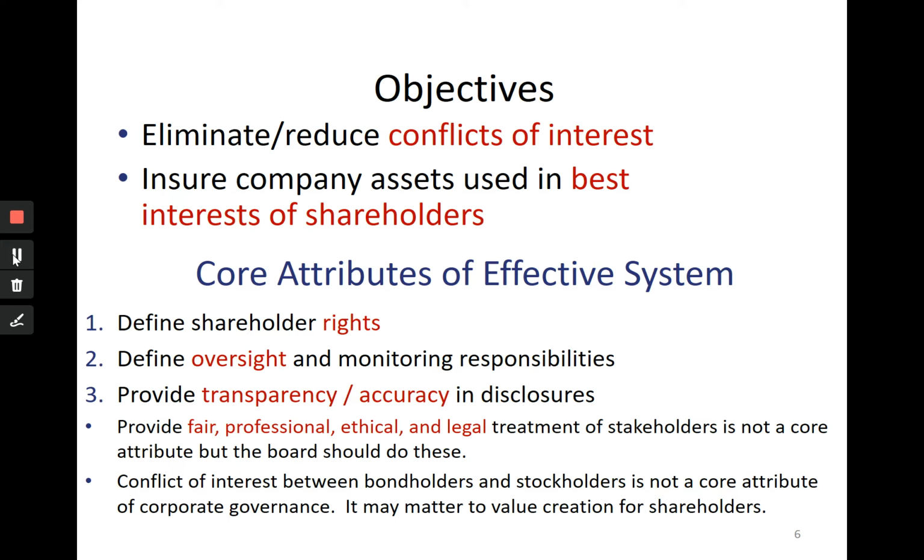It should provide transparency and accuracy in disclosures, so information asymmetry is reduced. The information that outsiders don't see but insiders have, to a large extent, can be shared, as long as corporate governance provides for more transparency and accuracy. For example, good annual accounting statements would provide a good picture of firms' finances and provide for more transparency.